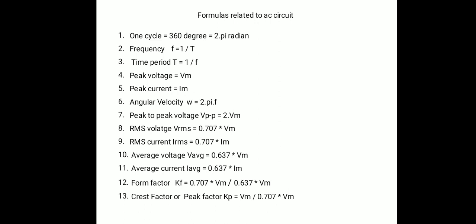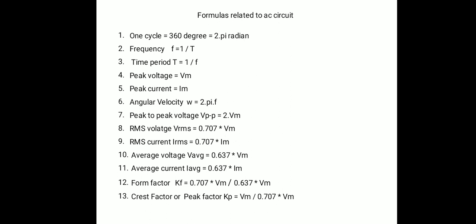Up to this point we have seen different basic terminologies about electrical circuits and their formulas. All these formulas are summarized over here. So one cycle constitutes 360 degrees or 2 pi radians. Frequency is nothing but the number of cycles completed in 1 second, the notation is f, formula is 1 by T. Time period T is nothing but the time required to complete one cycle, and T is equal